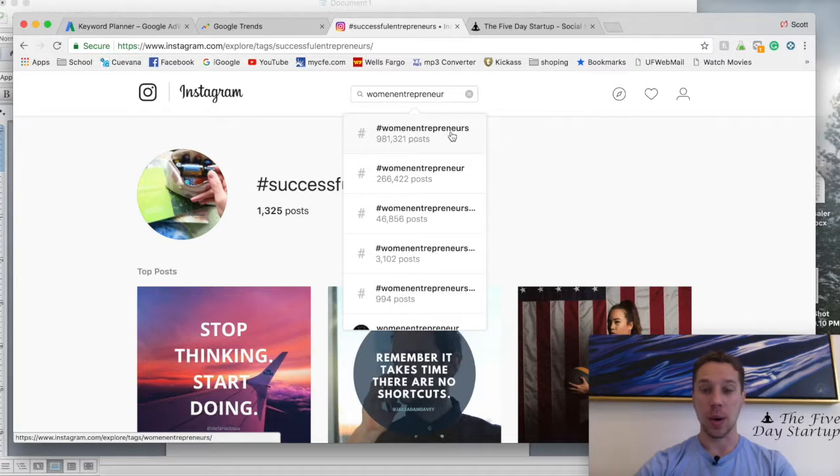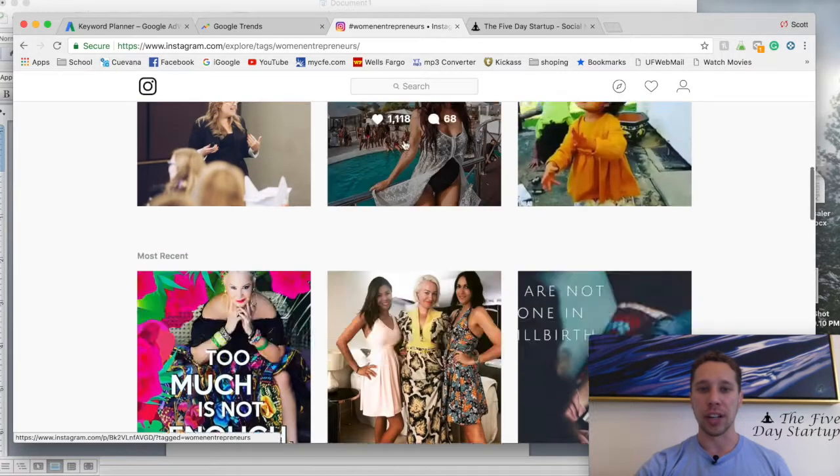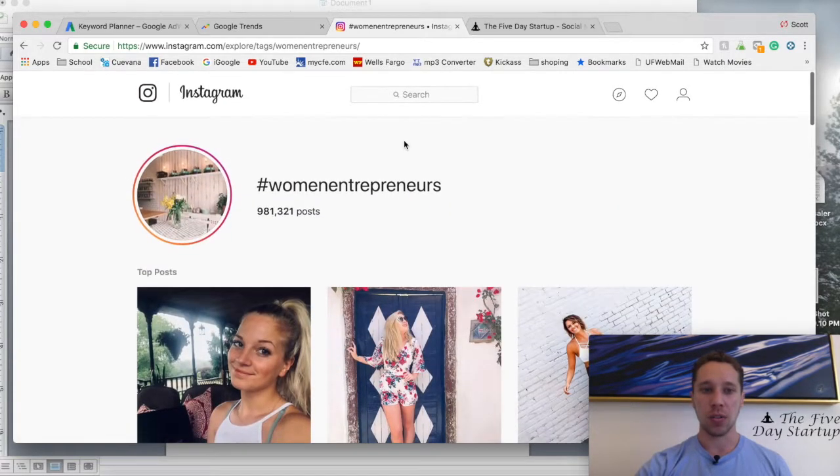So there you go. That's a bigger keyword. It's much less than entrepreneur itself. Especially if you are a female in the field, this might be a great way to focus your niche. You can use that to your advantage. And what you've really done here is you've become more specific. So as a female entrepreneur, you can target other female entrepreneurs who are going to gravitate towards you naturally because